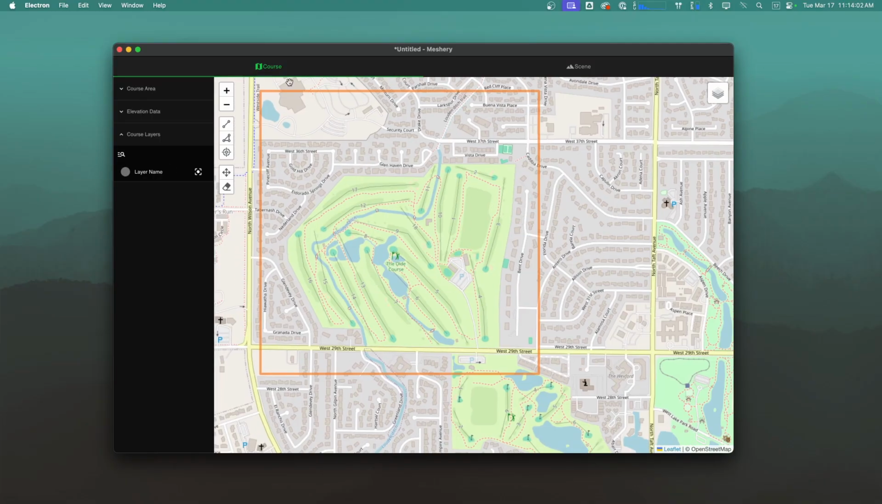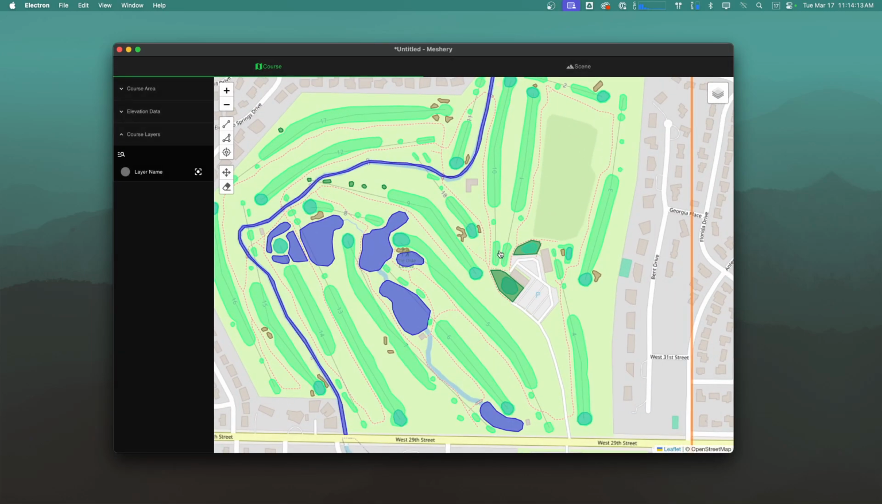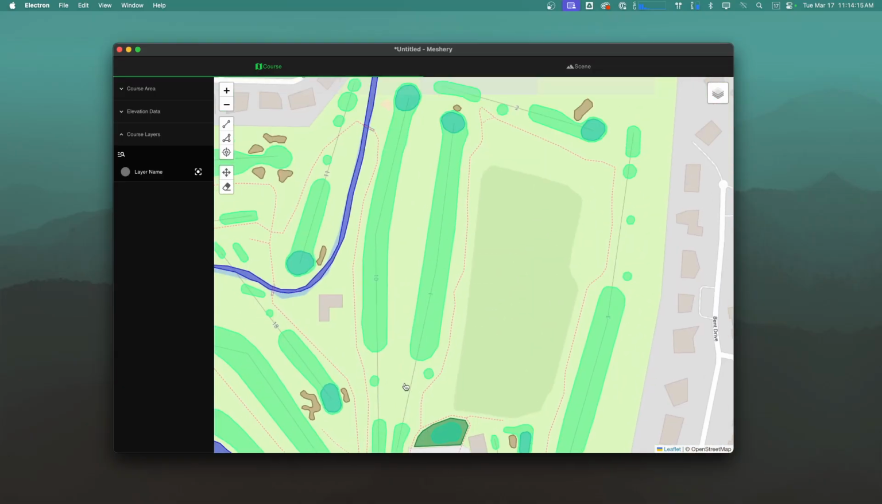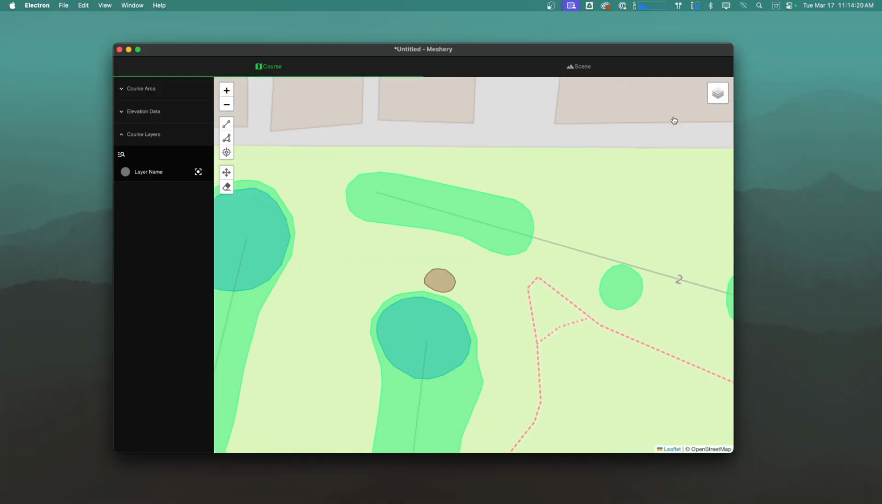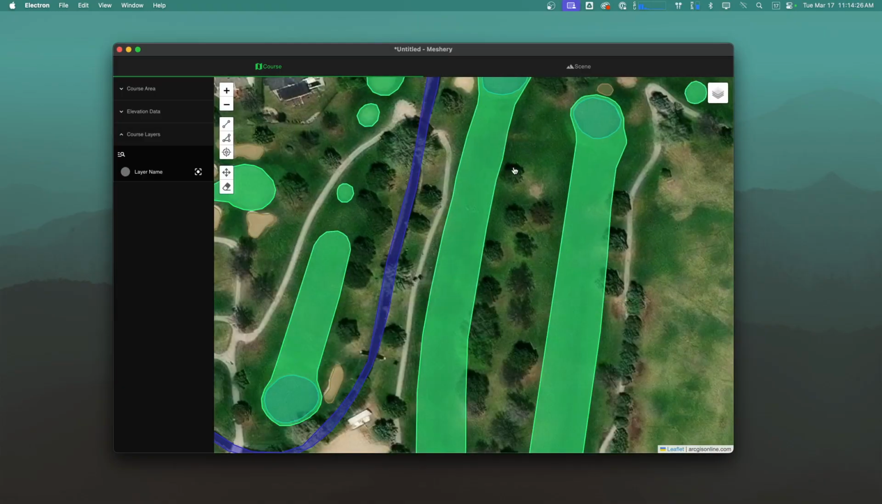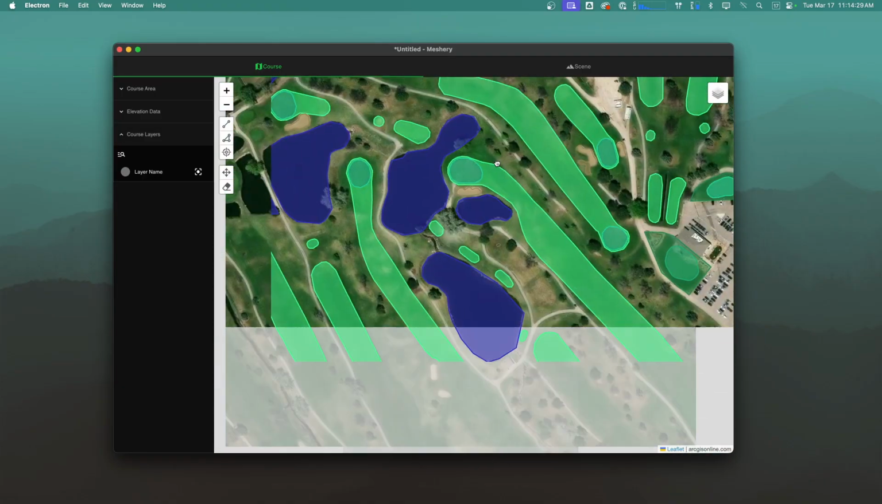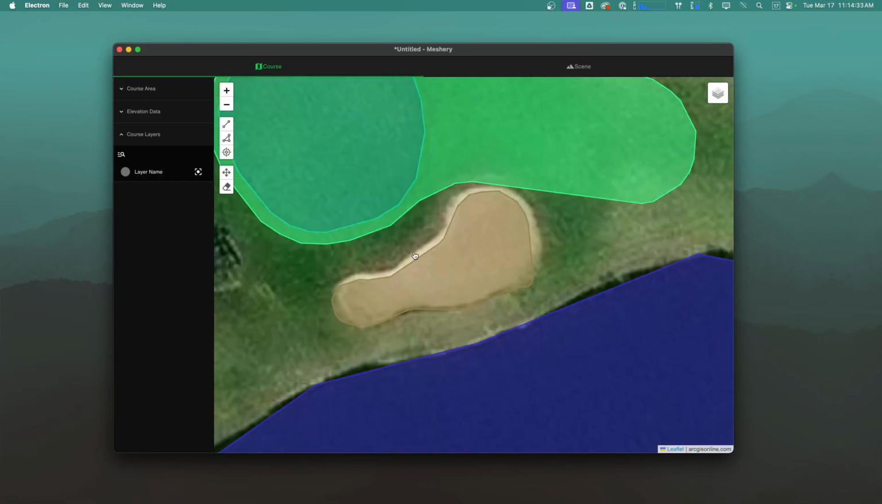So now after you define your course bounds, you can search OSM golf data. This said it found 130 shapes, so we import them, and you have pretty much your whole course outlined very roughly. What I like to do is come over to the satellite data to see just how close any of this is to reality. And I see some stuff's lining up. So I see a bunker here,